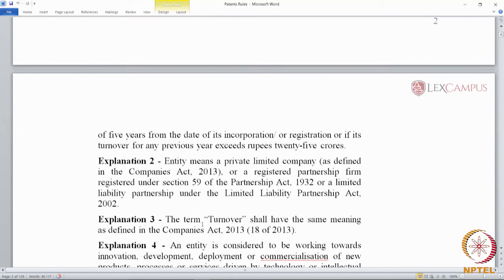Explanation 2, entity means a private limited company as defined in the Companies Act 2013, or a partnership firm registered under section 59 of the Partnership Act, or a limited liability partnership under the Limited Liability Partnership Act 2002. These are the 3 entities that could be considered for the startup status. So, registration or incorporation is required under these 3 enactments for an entity to be regarded as a